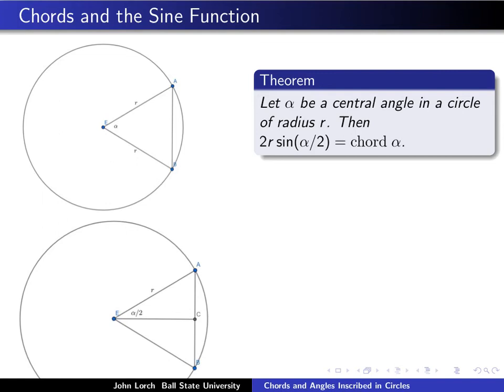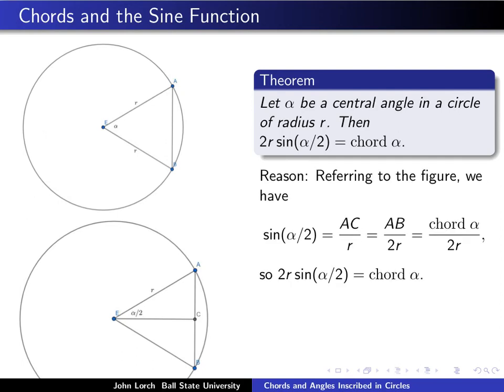And here's the relationship. If we let alpha be a central angle in a circle of radius r, then 2r times the sine of alpha over 2 is equal to the chord of alpha. I think it's worthwhile for us to see why that is true. So let's refer to the figure at the bottom of the screen, where we see that we have bisected angle AEB, and the bisector cuts the isosceles triangle AEB into two congruent